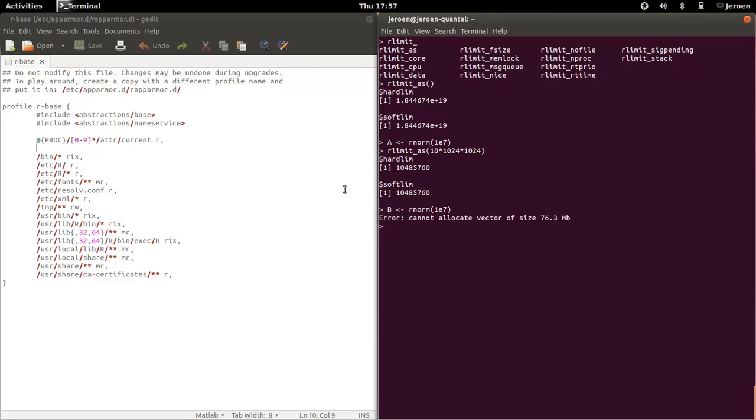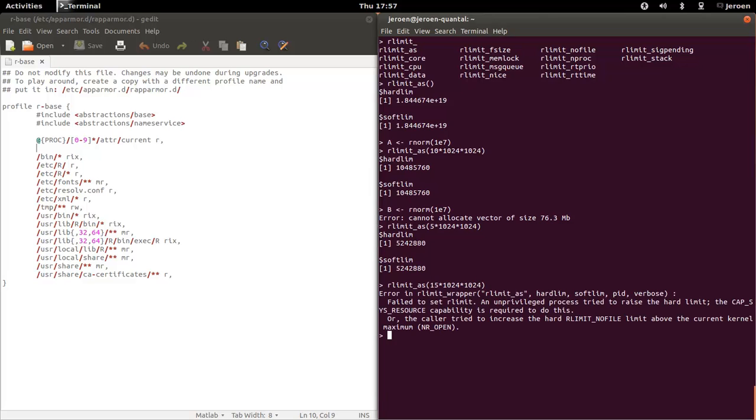Now, just as was the case for the RAppArmor profiles, applying these restrictions is a one-way process. So, for example, I can always lower the limit to a lower value, but if I try to set it higher, I'm getting an error. So again, if you want to run code which you think might potentially try to use excessive amounts of resources, memory in this case, you can use this function to call it and then run the R code,